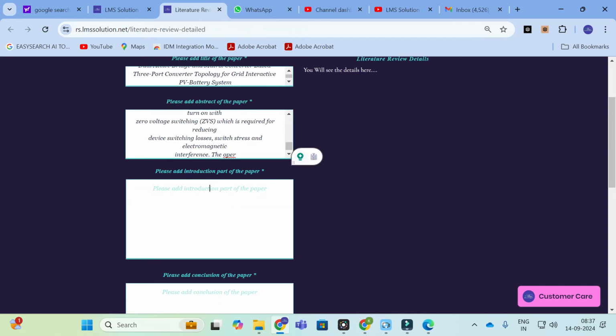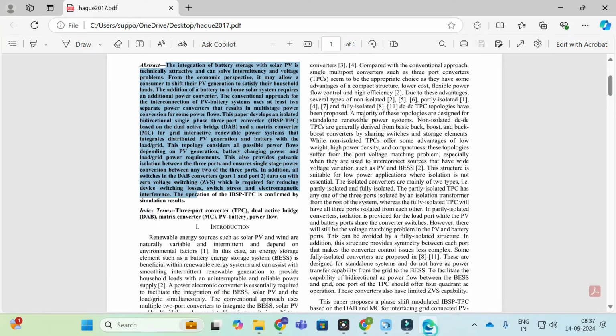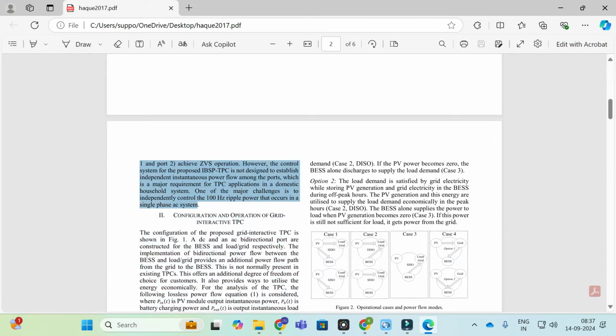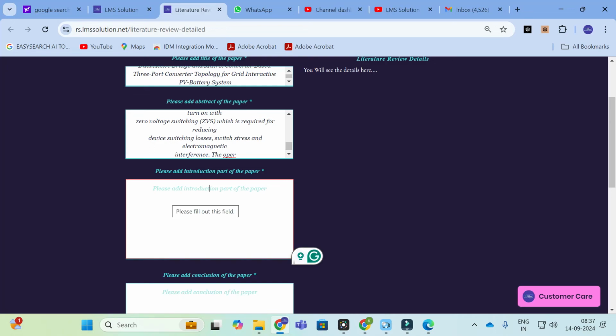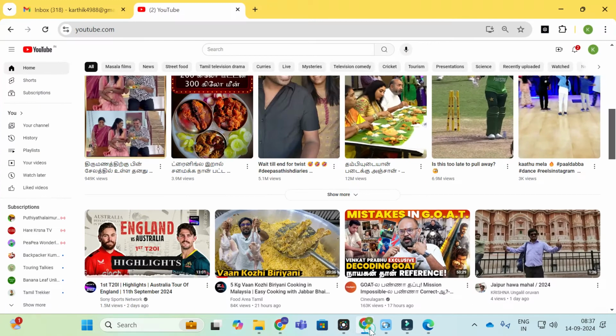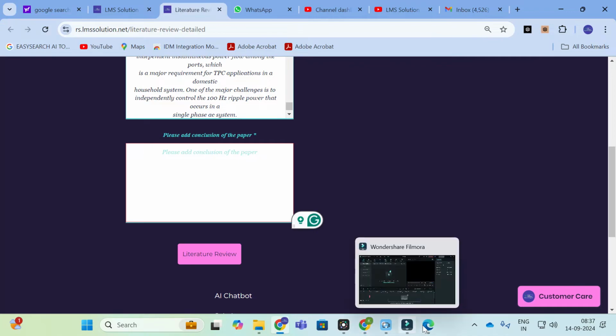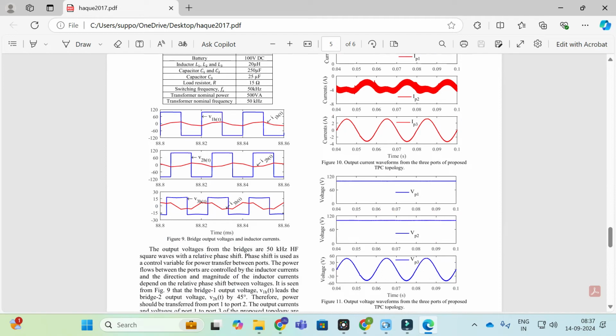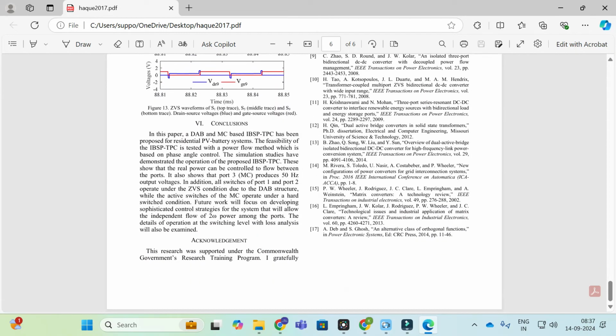Paste here. Next you can go for the introduction part of the paper. Probably the introduction is the first section of the paper, so copy the introduction part. After that add the conclusion of the paper. Come to the last part of the paper: after the results you will have the conclusion. Copy that conclusion